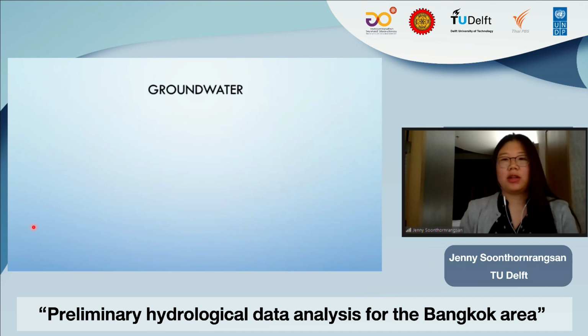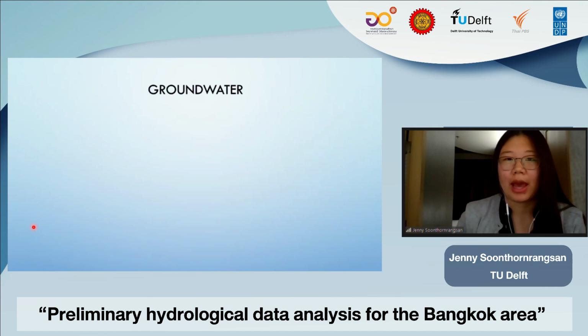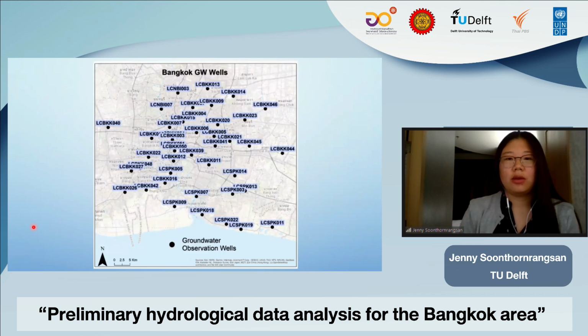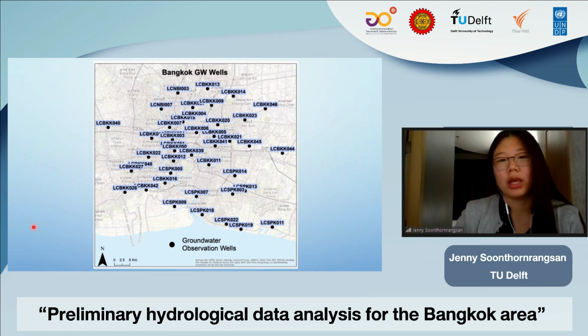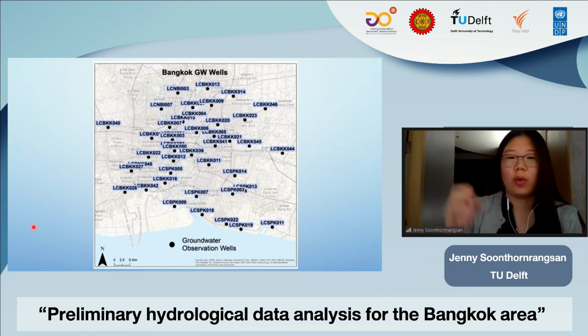And so first off, I just want to cover briefly what we have in terms of data that's going into our model. So here we have the location of well nests located throughout the city, courtesy of the Department of Groundwater Resources. And so here you could see that our well nests are located throughout the city, as well as in Soonthornrangsan, east to Minburi. So it's distributed quite well spatially. Each of these well nests have wells that are drilled into different aquifers.